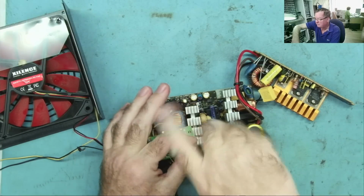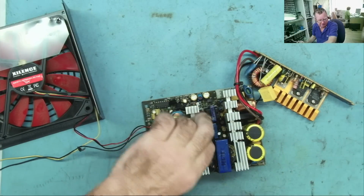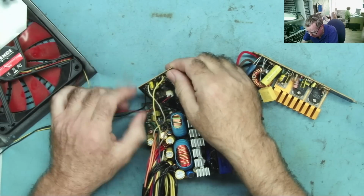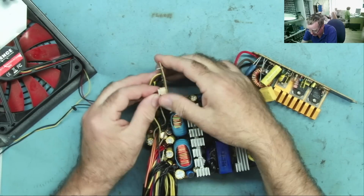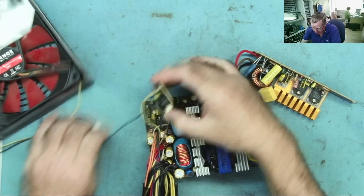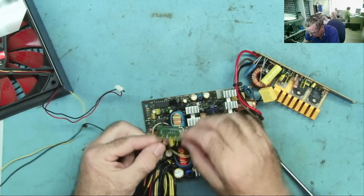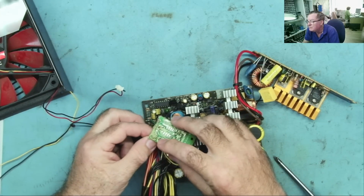This kind of just sits on top of here in a rather strange manner. Okay. And this is attached to our RC now, so we can unplug the fan. So let's do that. Okay. It's still not out of our way, so we have to unsolder this black wire, which you can probably see